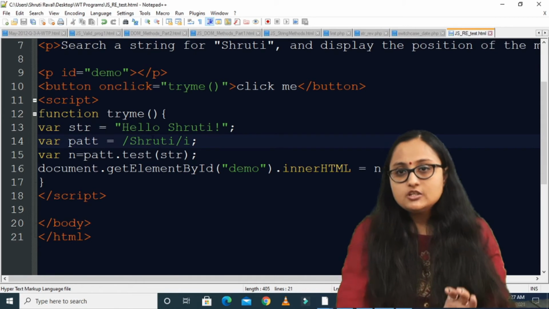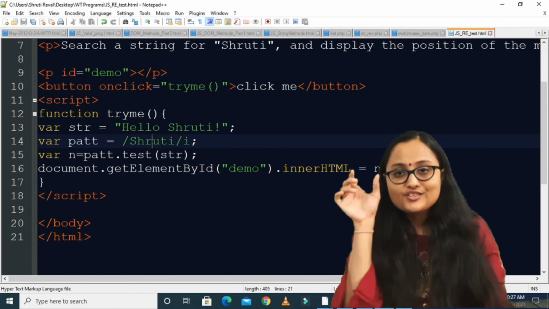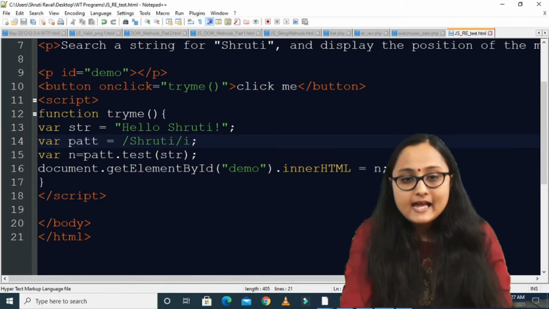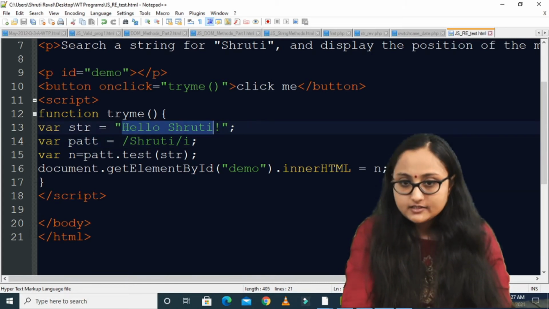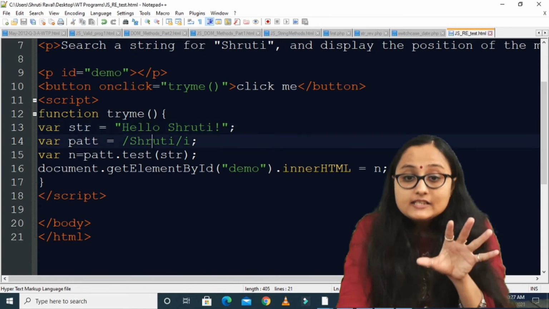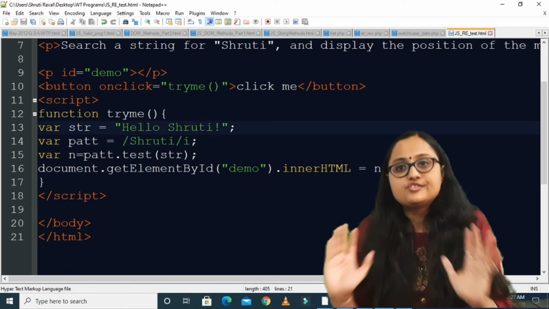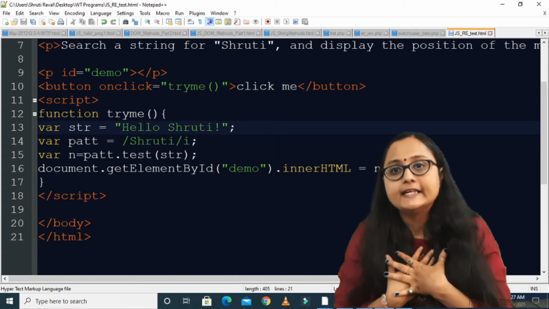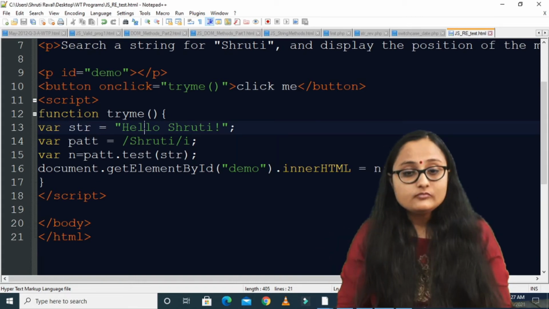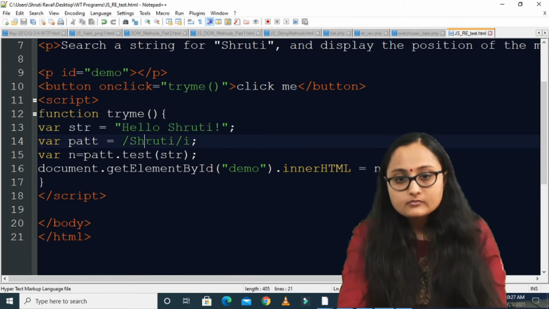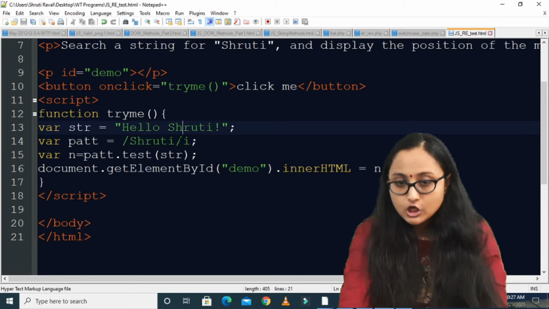So this pattern does not indicate that your string must be exactly Shruti. It indicates that in the sequence of characters somewhere there should be Shruti. So this should be a subset of this string. That is what my pattern indicates, right? So does this sequence of characters contain Shruti? Yes, it does contain Shruti.